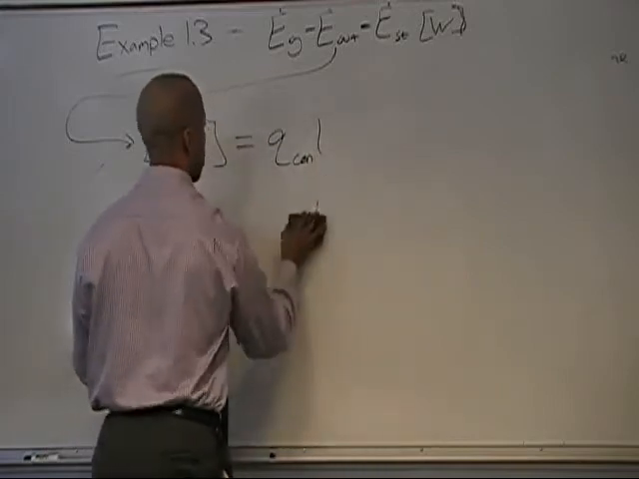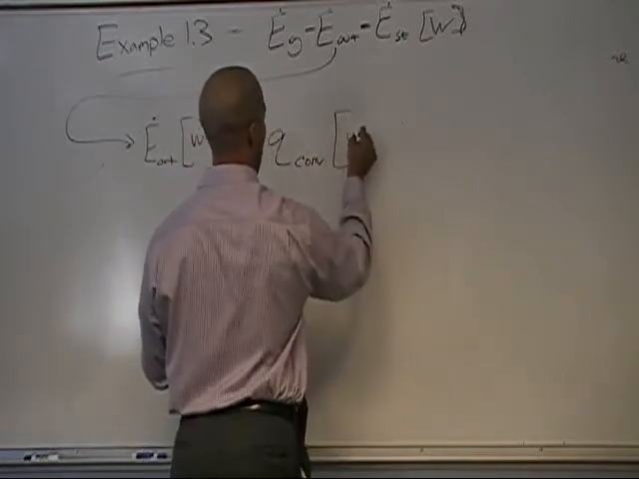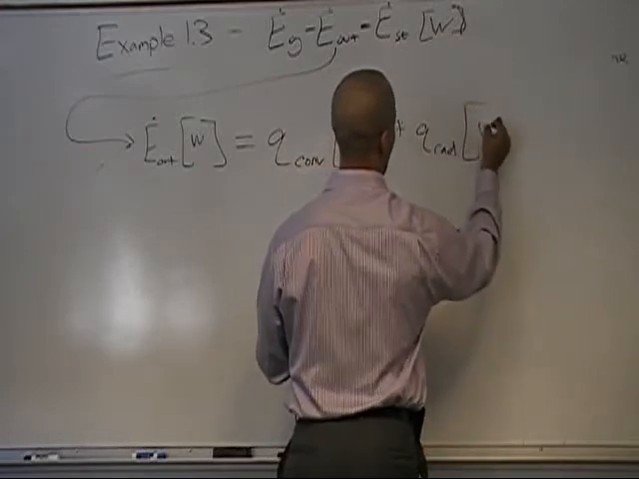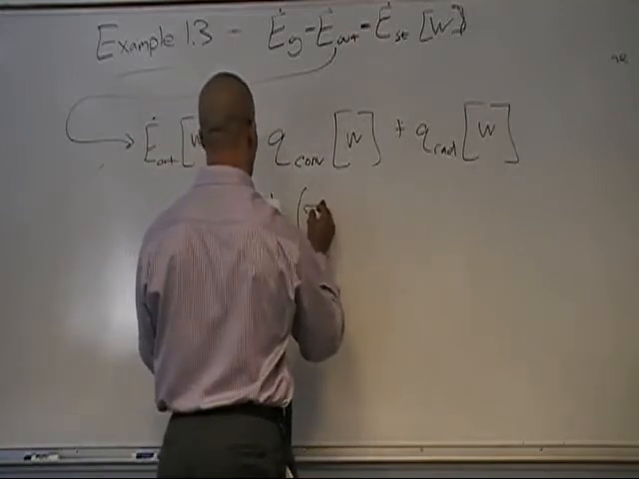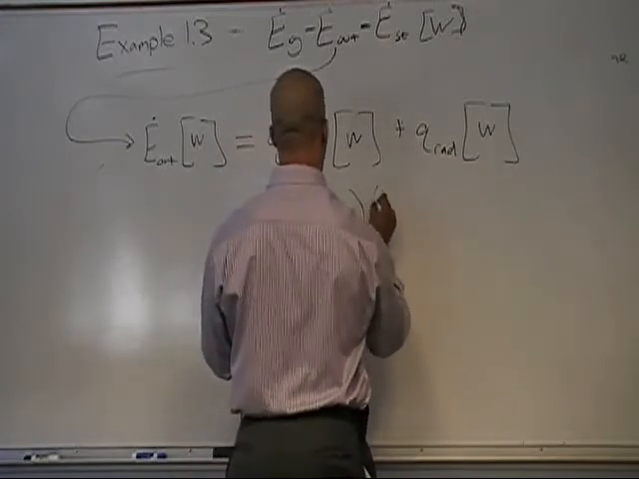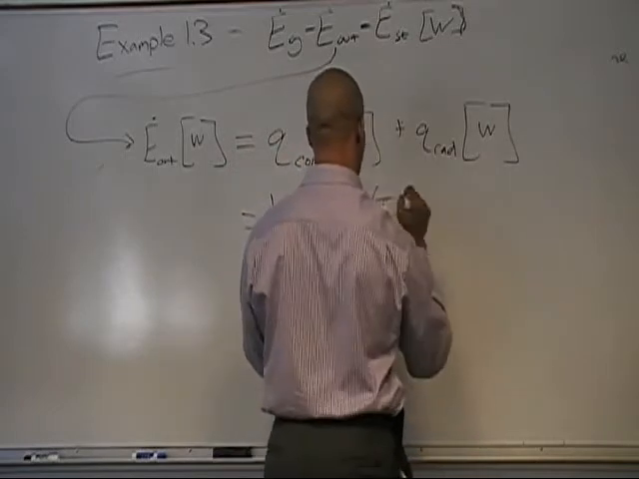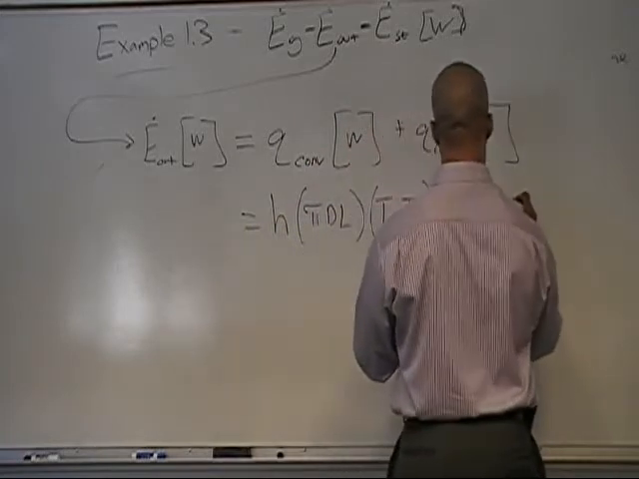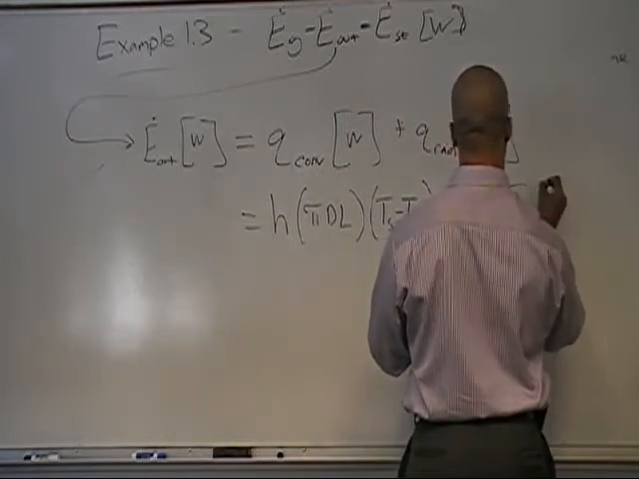I'm sorry, that's incorrect. Q convection, which is in watts, plus Q radiation in watts. And these equal the heat transfer coefficient times the surface area of the rod times the temperature at the surface minus T infinity, which is the ambient temperature, plus the radiating heat flux, emissivity times Stefan-Boltzmann's constant,